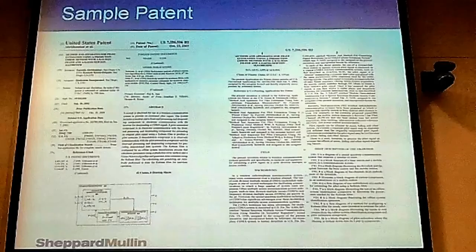And just for those of you who aren't very familiar with patents, here is the general look of a patent, and there are some particular requirements that you have to have. This is a utility patent. You've got your inventor in the top left corner, the patent number, and particular dates of interest, the date that the patent issued, the date that you would have filed your application, and then some particular requirements that you're going to need. The abstract you see here, the field of the invention, the general background of the invention,